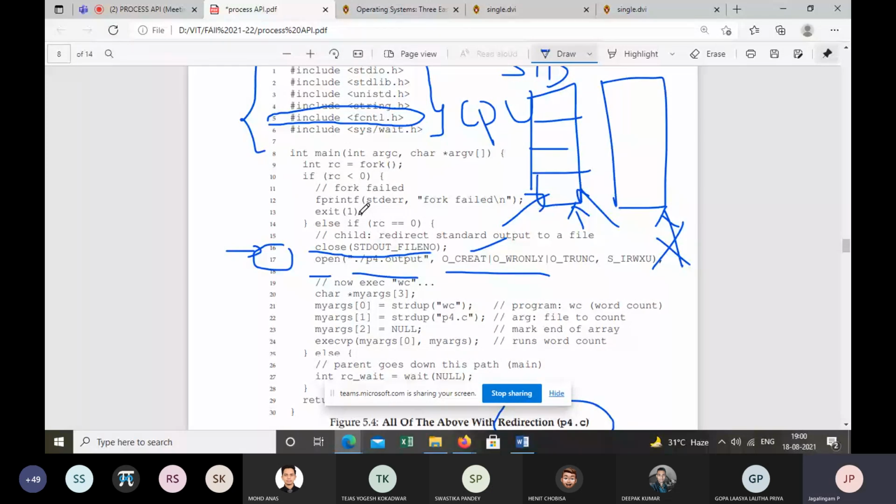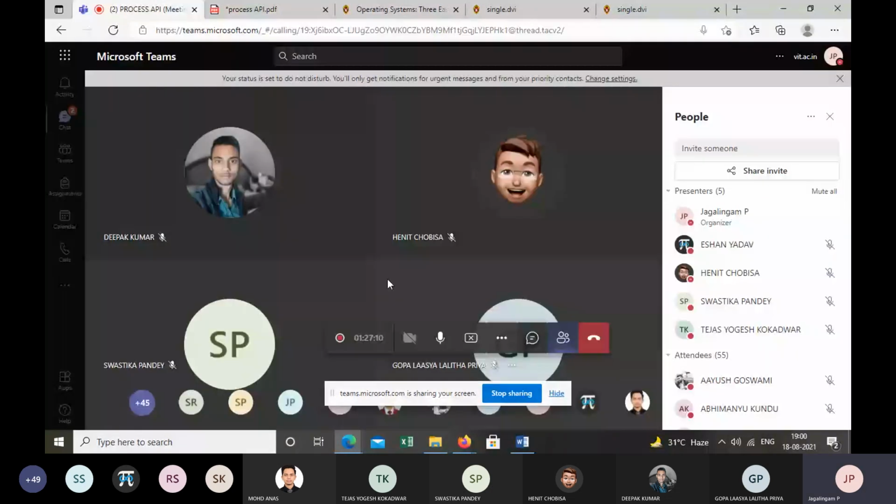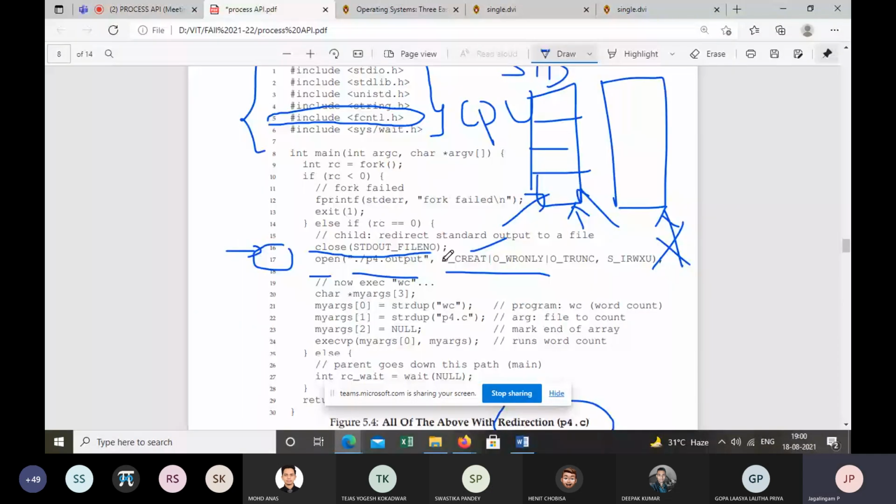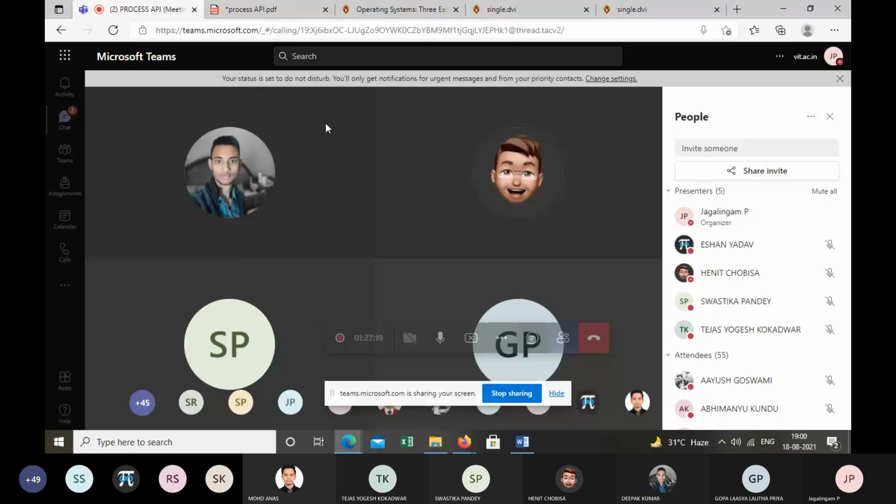Can someone please try this and tell us? The same code, you just add line 16 and the following. Then you compile the code and use the command cat to see what you have inside the file, to see the output.